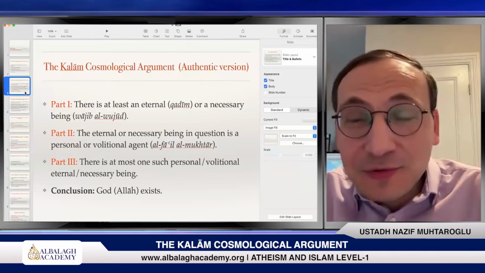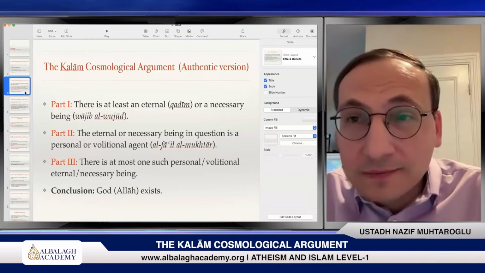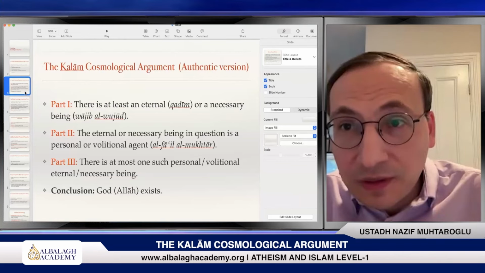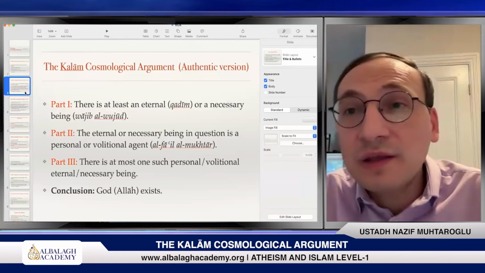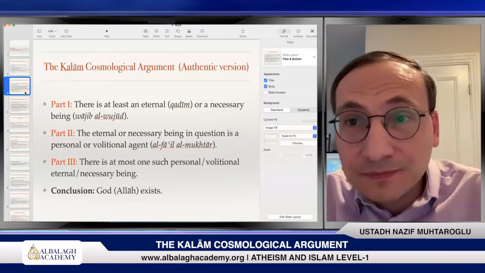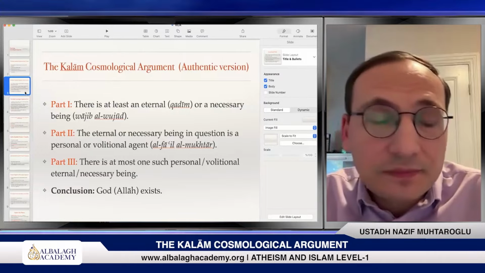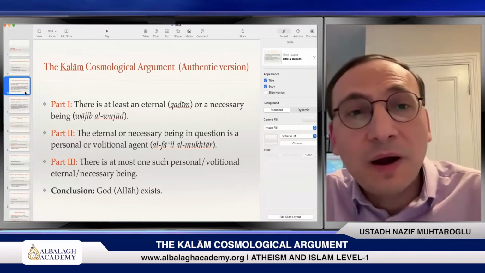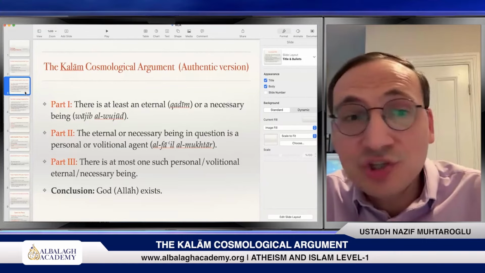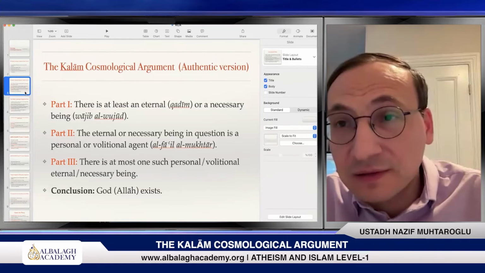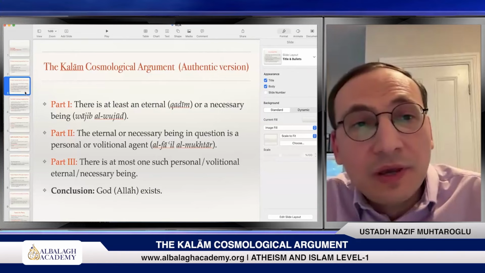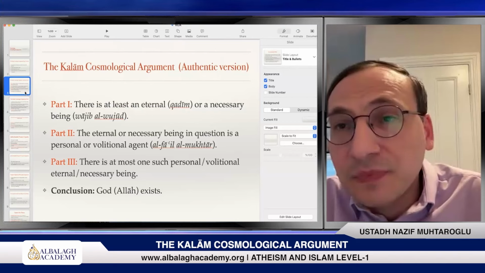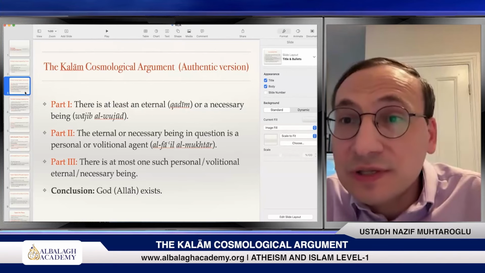Only after that you can call that being God or Allah. So if one part of these arguments is missing in your presentation, then you cannot call this being God. So God's existence needs to be justified step by step by paying close attention to each main conclusion stated here. Why? Because if you use just the Dalīl al-Ḥudūth for the existence of God, and we assume that Dalīl al-Ḥudūth is a sound argument,